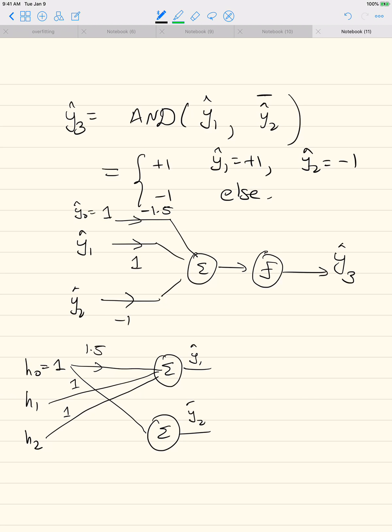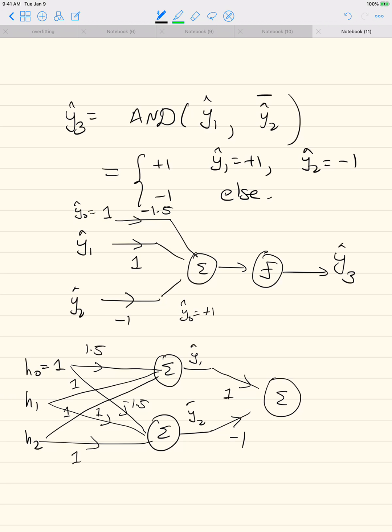Y2 hat is the AND function of h1 and h2, so this gets multiplied by minus 1.5, 1 and 1, and then we combine this into another AND function from what we have before. So this is minus 1, 1, Y0 hat is plus 1, this gets multiplied by minus 1.5, and